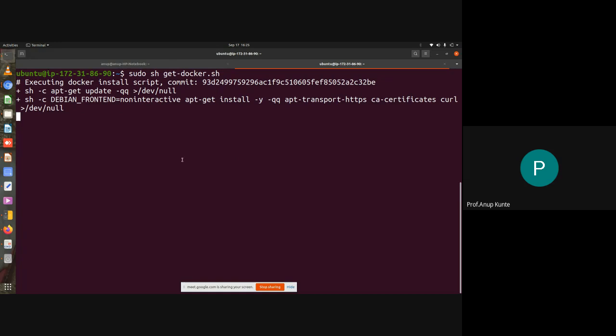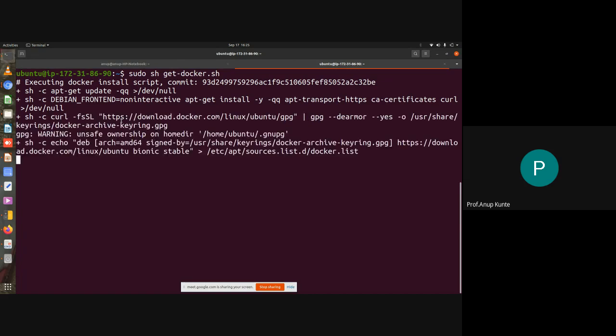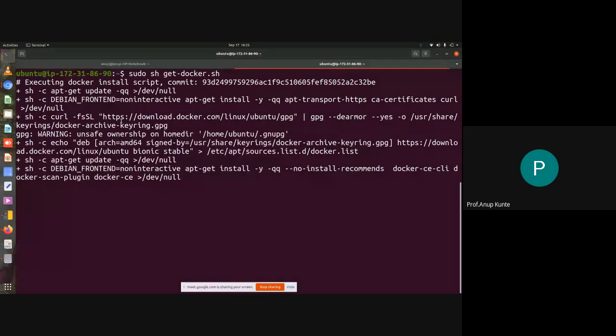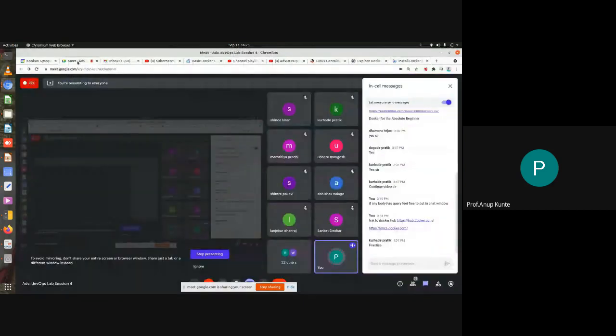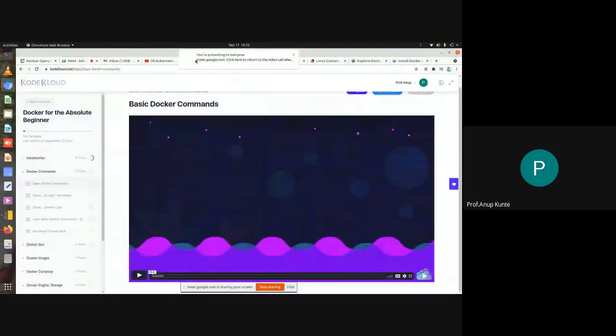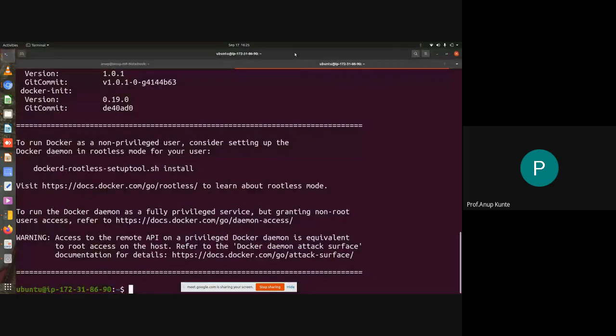At the end of execution, you will find that Docker software is installed on this machine. It will take some time. We will keep it burning on the gas and we'll go back to our tutorial videos where they will teach you about different Docker commands that will let you create or pull Docker images from Docker Hub. They will tell you how to know how many images are there on your machine and other things. Okay, so ये होता रहेगा.